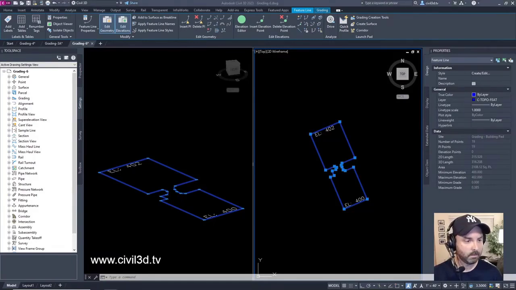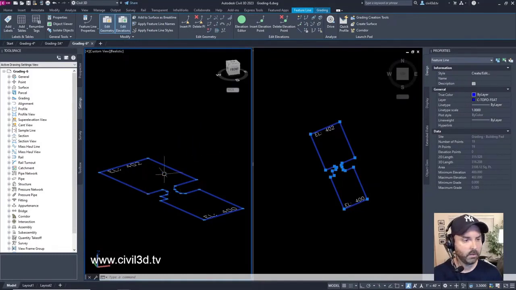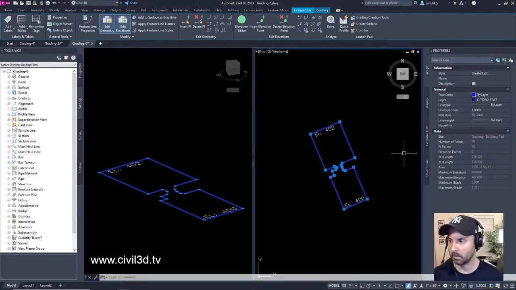Where am I at here? Grading 6. Okay. We've got 2 vertically arranged viewports. In the right viewport, the building pad is shown in plan view. You'll design the building pad in the right viewport. In the left viewport, which is kind of like this isometric view, it's displayed in model view. You'll use this viewport to see the status of the design as you work. So we'll create a stepped offset feature line in this portion.